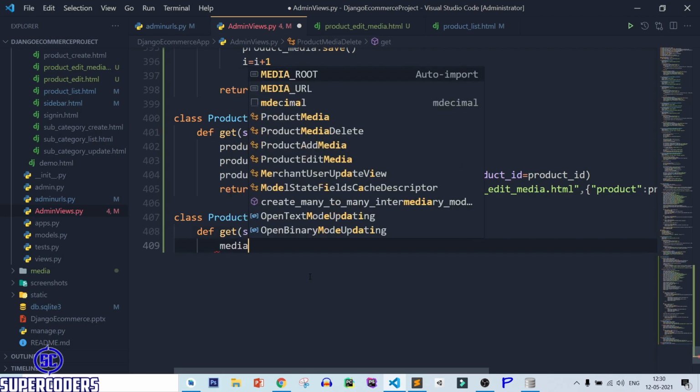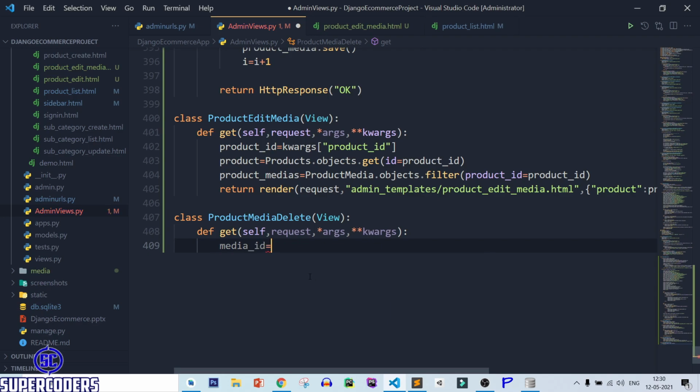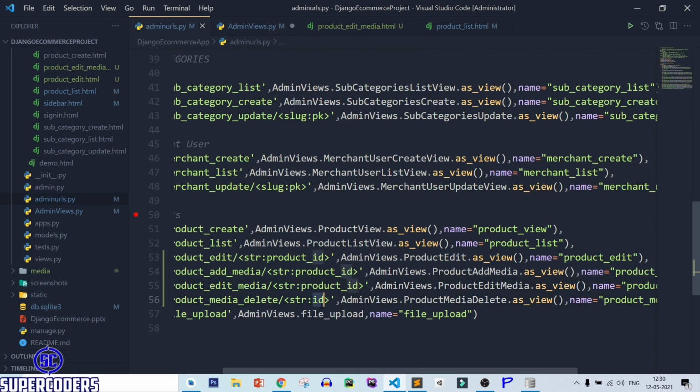After that, media underscore id equal to kwargs and id, because we are accessing id, not product id.